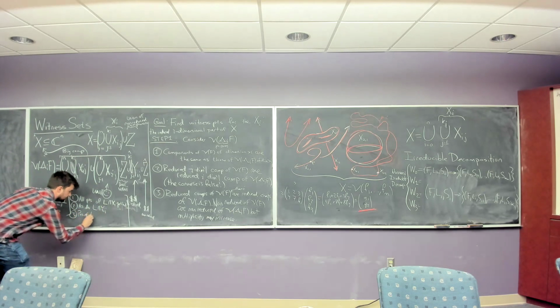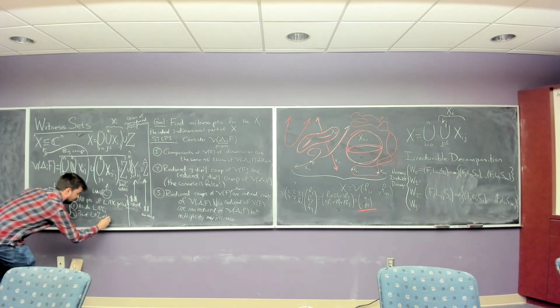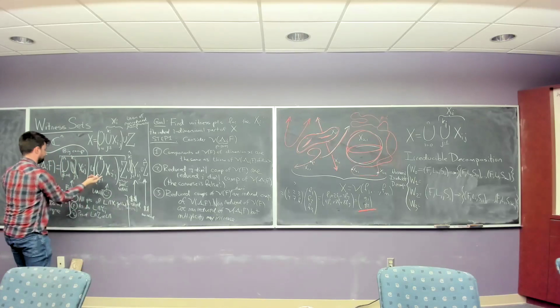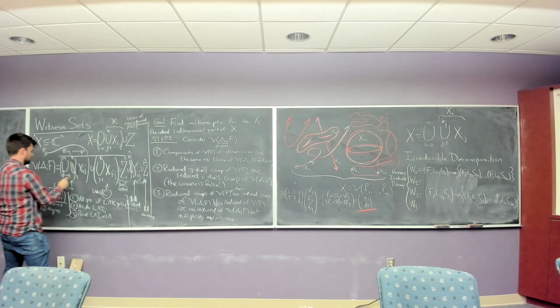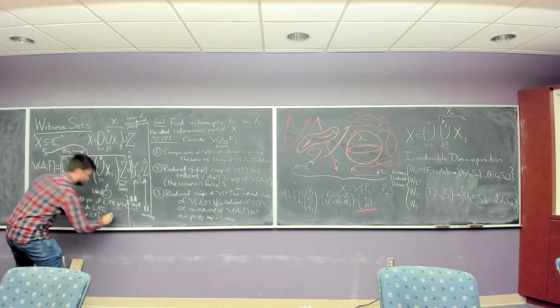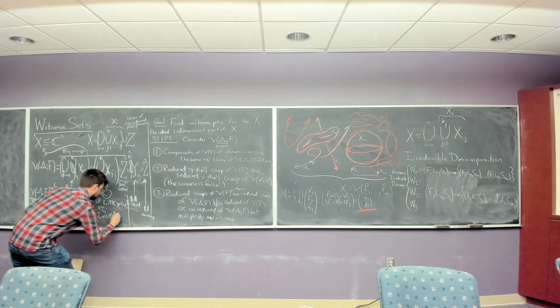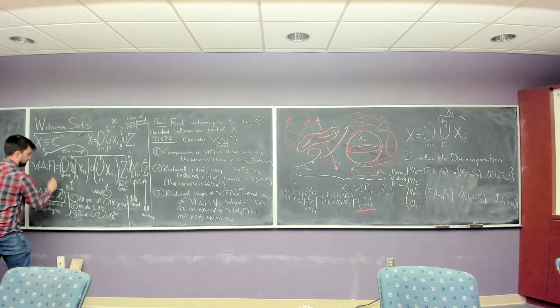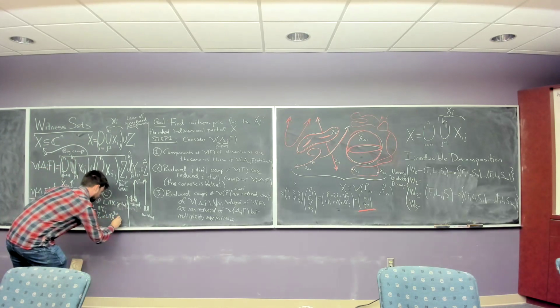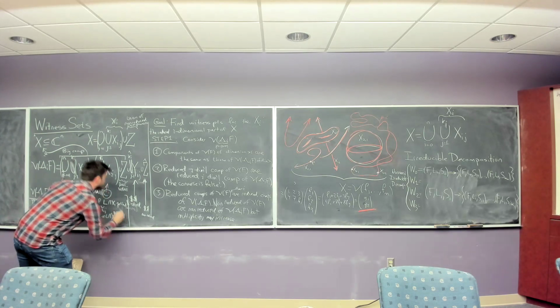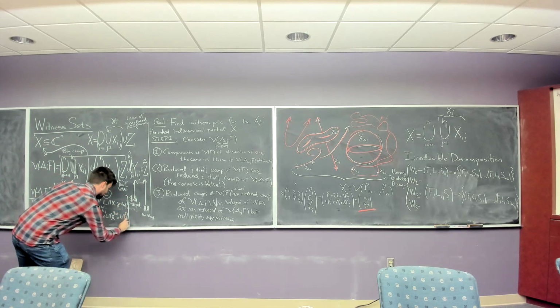Points of L intersect Z or L intersect, let's call, we need a name for this, X big. This is X big. Or L intersect X big or L intersect Z hat